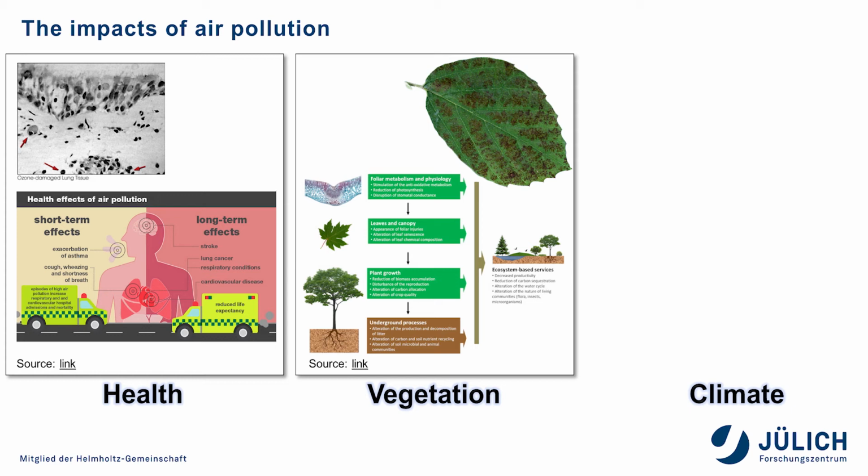level. These can then impact plant growth, and impacting plant growth, of course, has important implications for agriculture. So if agricultural crops are damaged through air pollution, you will face yield losses and therefore also strong economic losses. But it can also go on to underground processes, impacting the root system and other things, including soil carbon storage. And taken together, all these impacts on plants actually affect the so-called ecosystem-based services, which are basically the